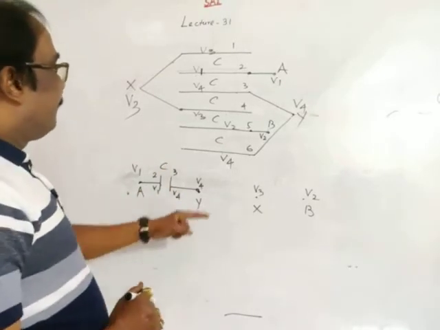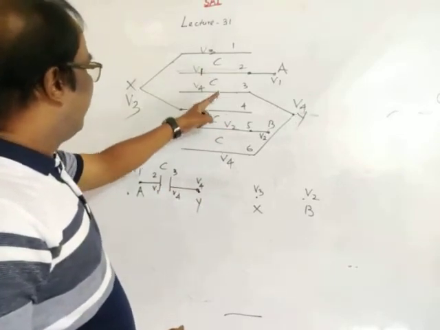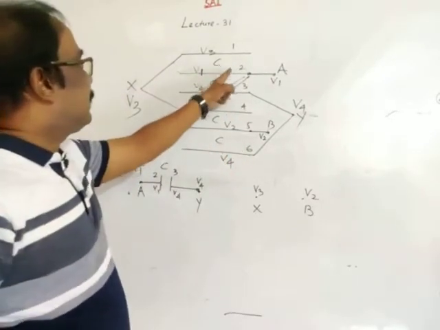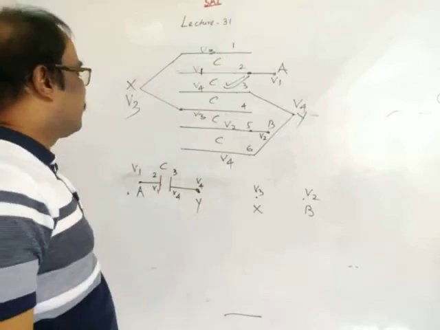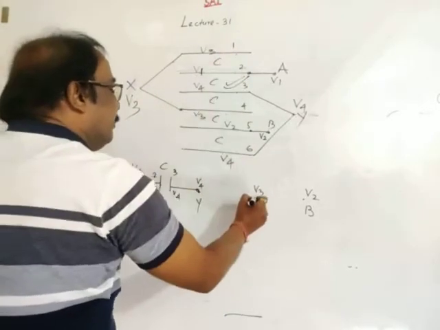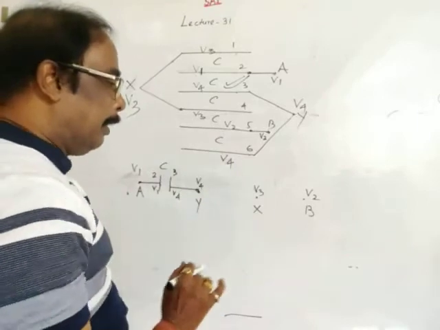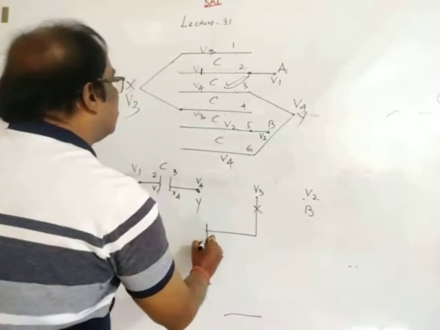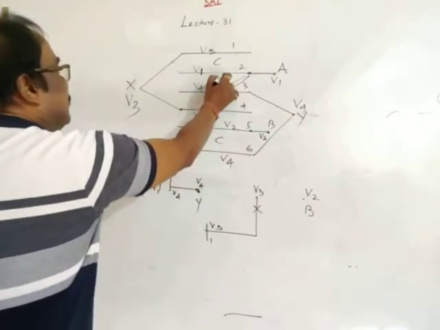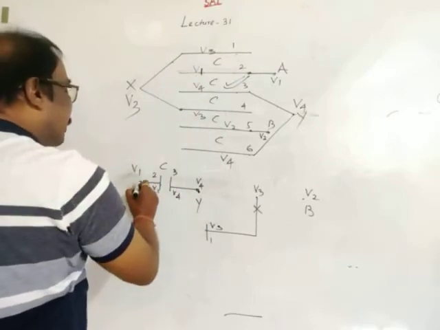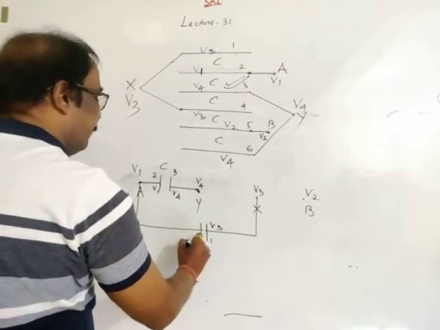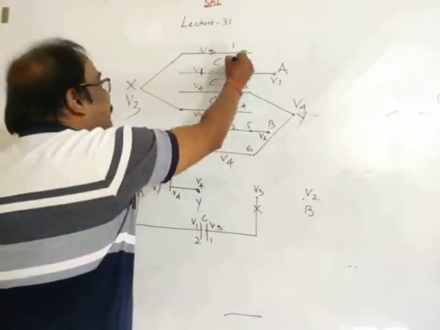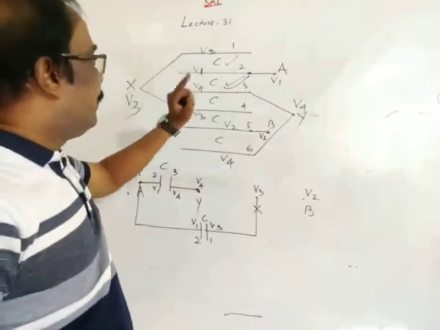Okay, then we have taken the second and third plate, we have taken this capacitor. Between the second plate and first plate: the first plate is at potential V3, and the second plate is at potential V1. So between the first and second plate, capacitance is C. We have completed these two capacitances.